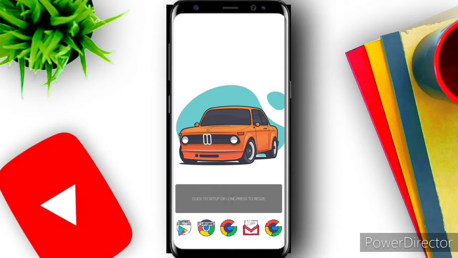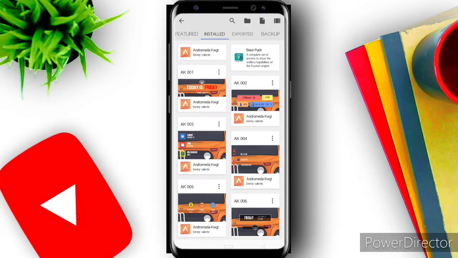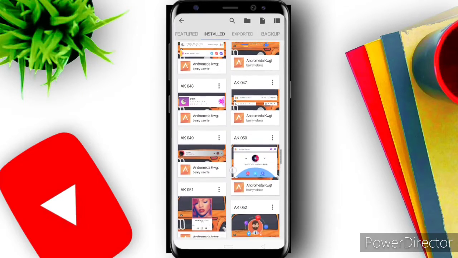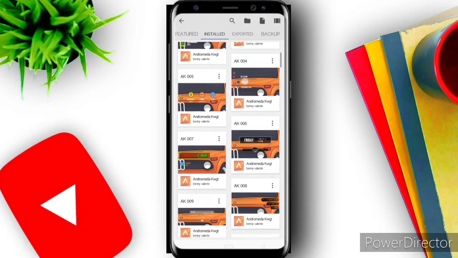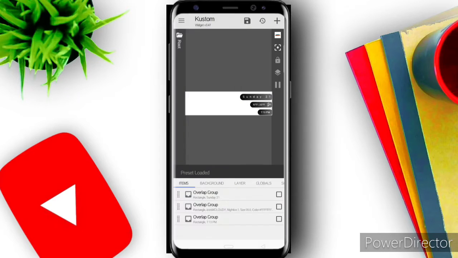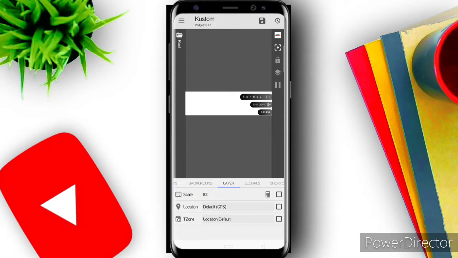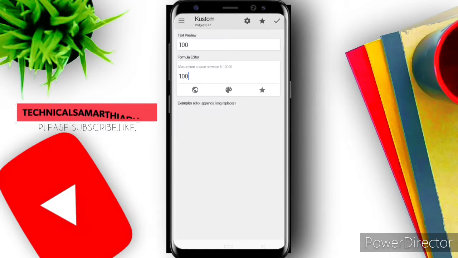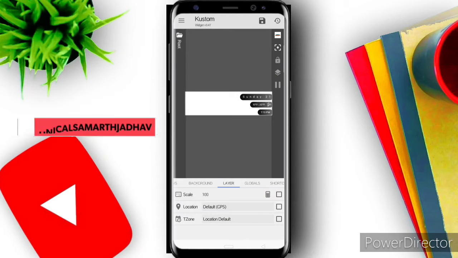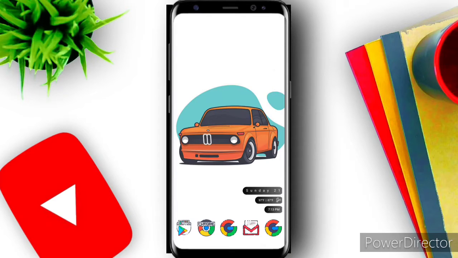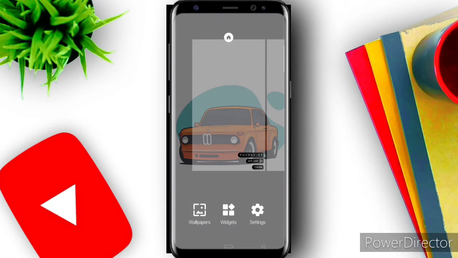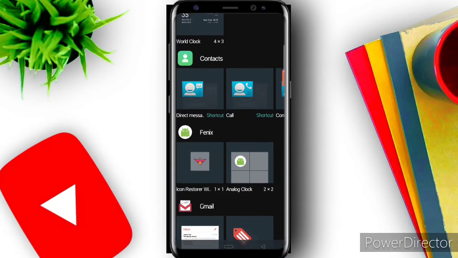Our next step is click on setup, then scroll up and select, then customize. Scale according to your device, then select the save option. Then our one widget has been set, then click on widgets, then